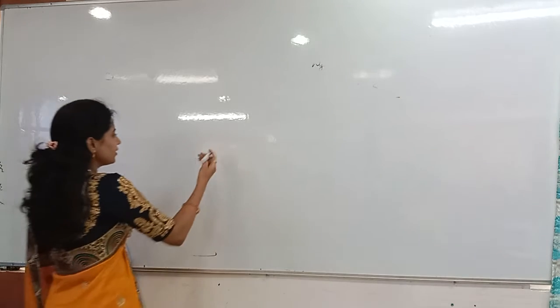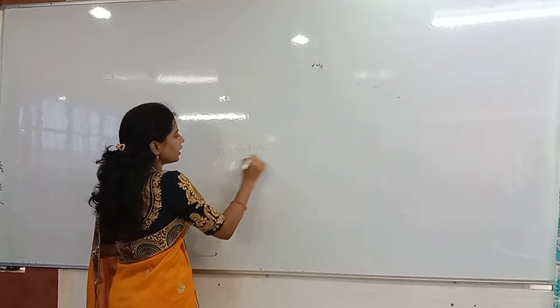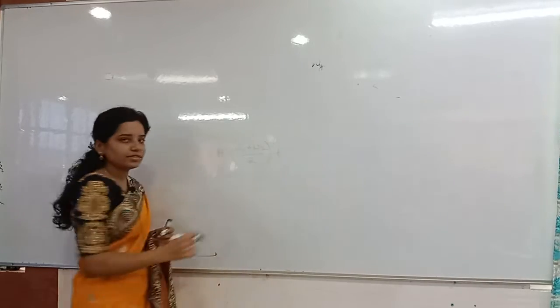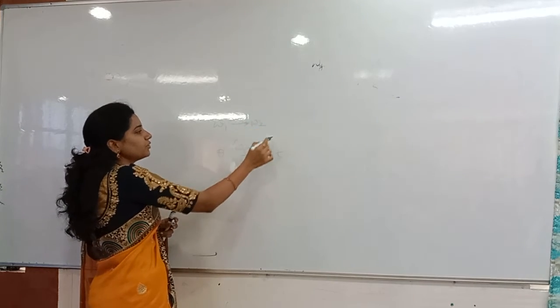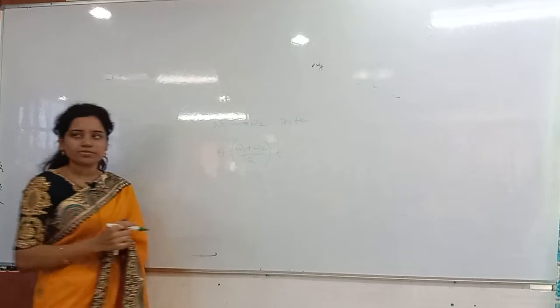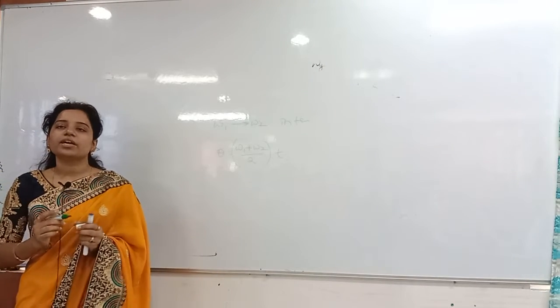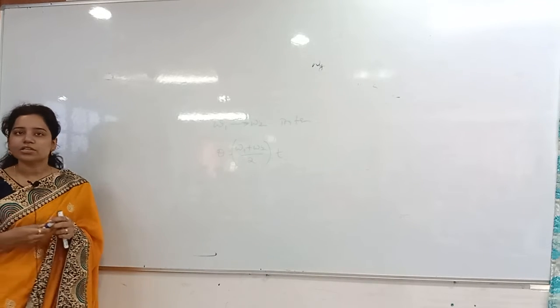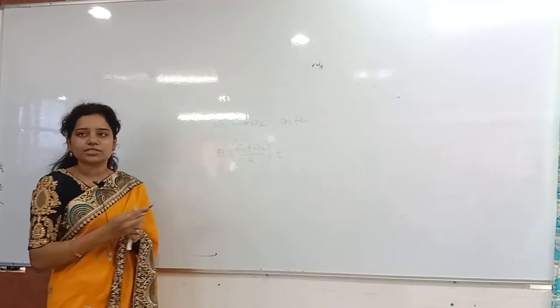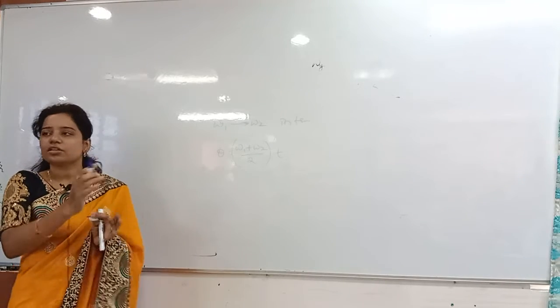Average values you have to take over the period whenever they are changing from one value to another. In the angular displacement problem, I said theta equals omega 1 plus omega 2 divided by 2 into t. Why? Because the angular velocity was changing from omega 1 to omega 2 in t seconds. Now also the force is changing from F1 to F2, so always you have to take the average value only. Here there was no acceleration; directly displacement we got as average velocity into the time.